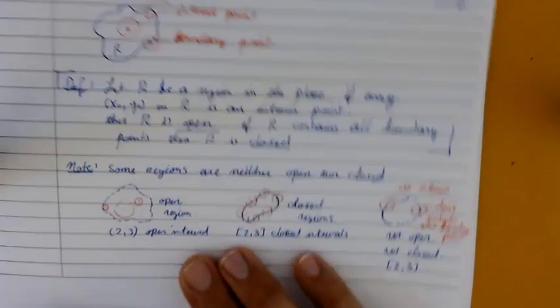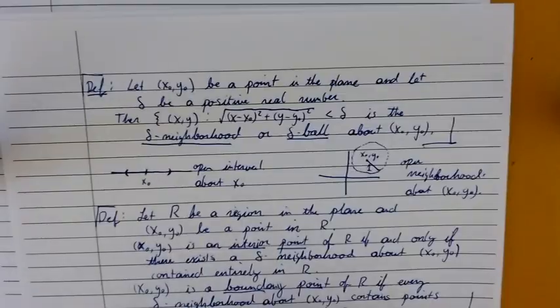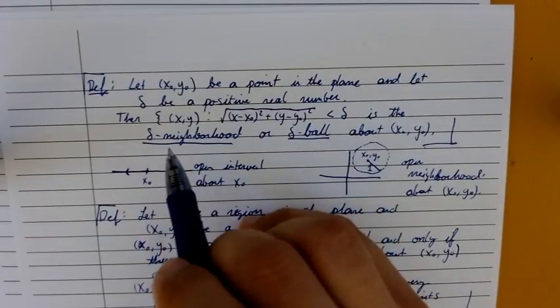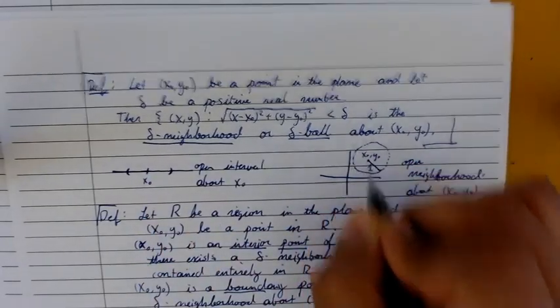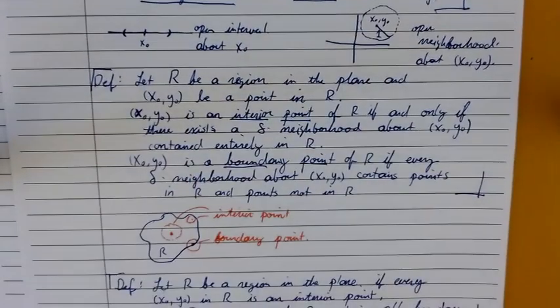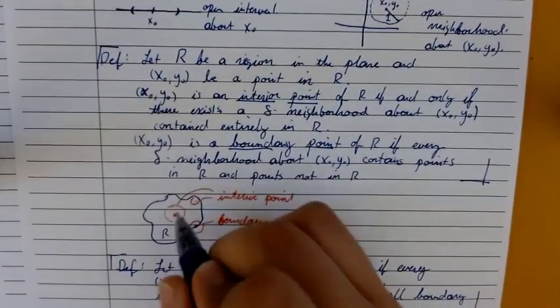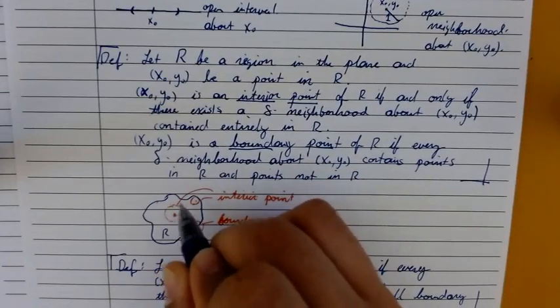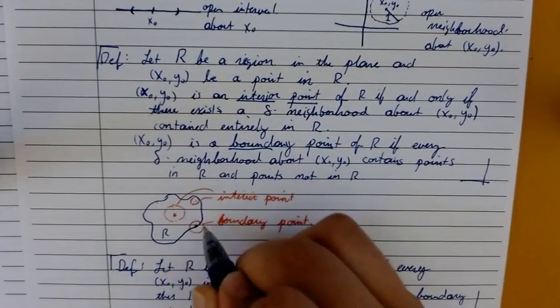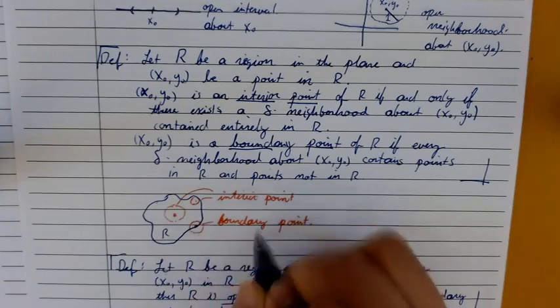All right, so now we have our three small definitions. What does it mean to have a delta neighborhood? It's a little disk around the point. What does it mean to have an interior point? You can find a little disk that's entirely inside the region. If you have little disks that are partially in and partially out, then those would be boundary points instead of